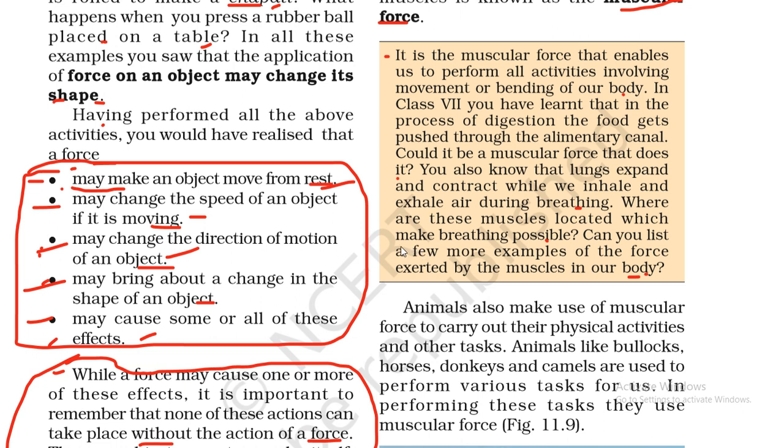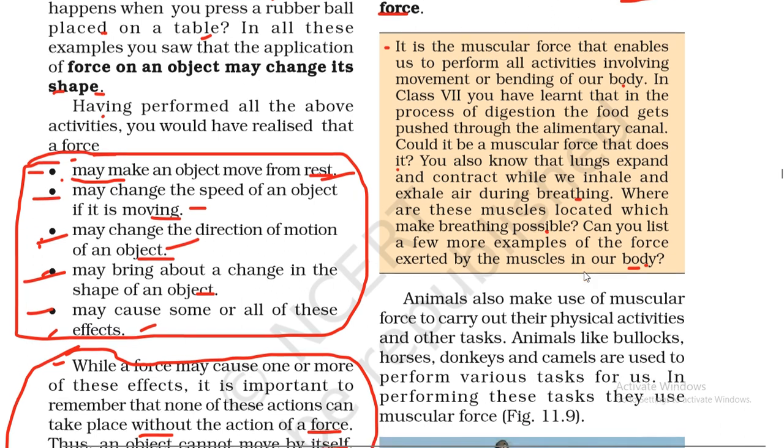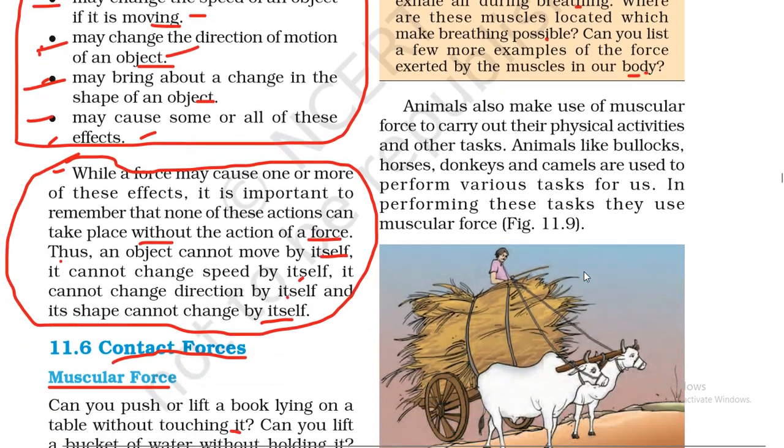You are using your feet many times when you are cycling a bicycle and doing exercises. You are using different organs of the body. In games, of course, you are using your hands and your feet. So you are continuously using your muscular force from different parts of the body in different actions. So you can give answers to the questions asked in this box. Okay, these are very easy and related to your personal experience.